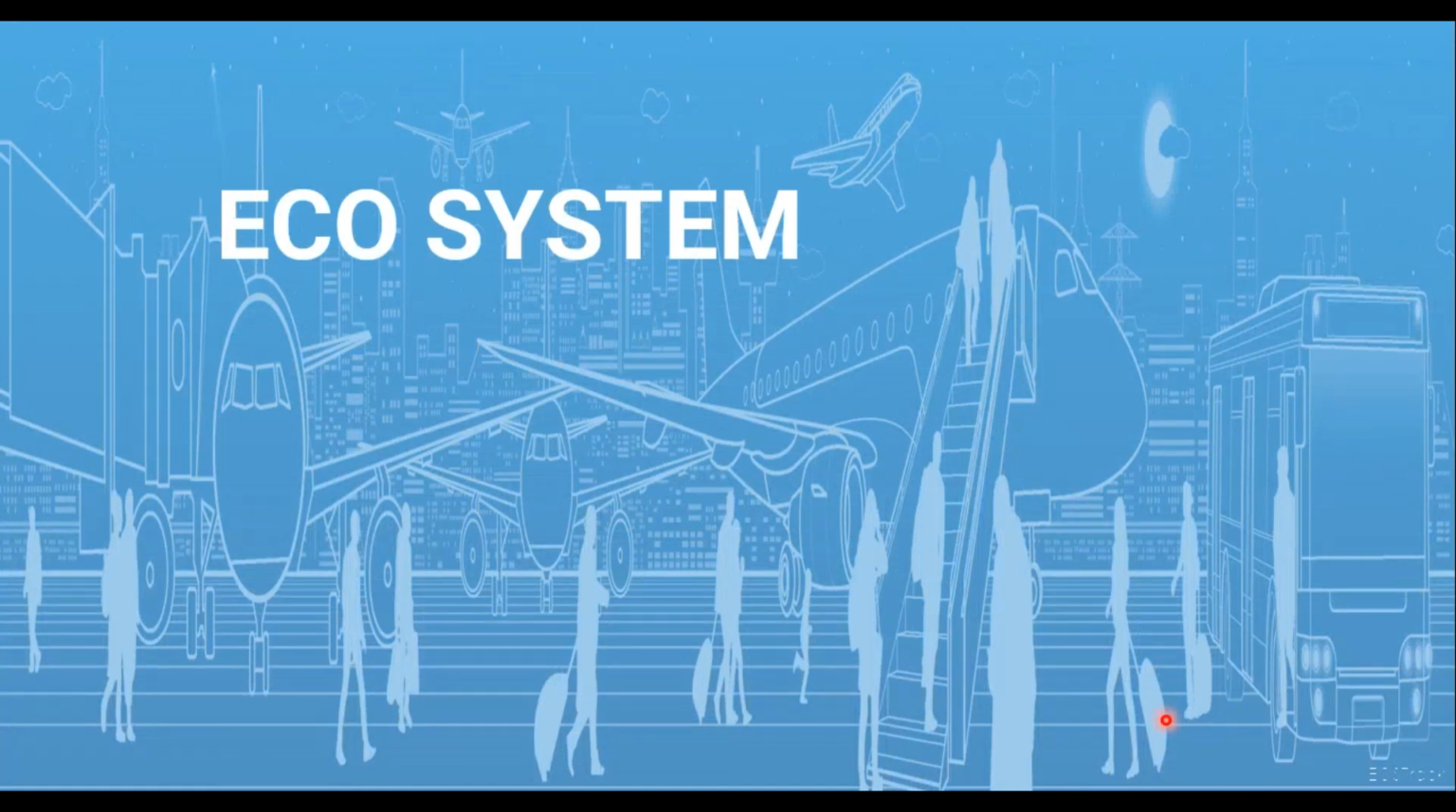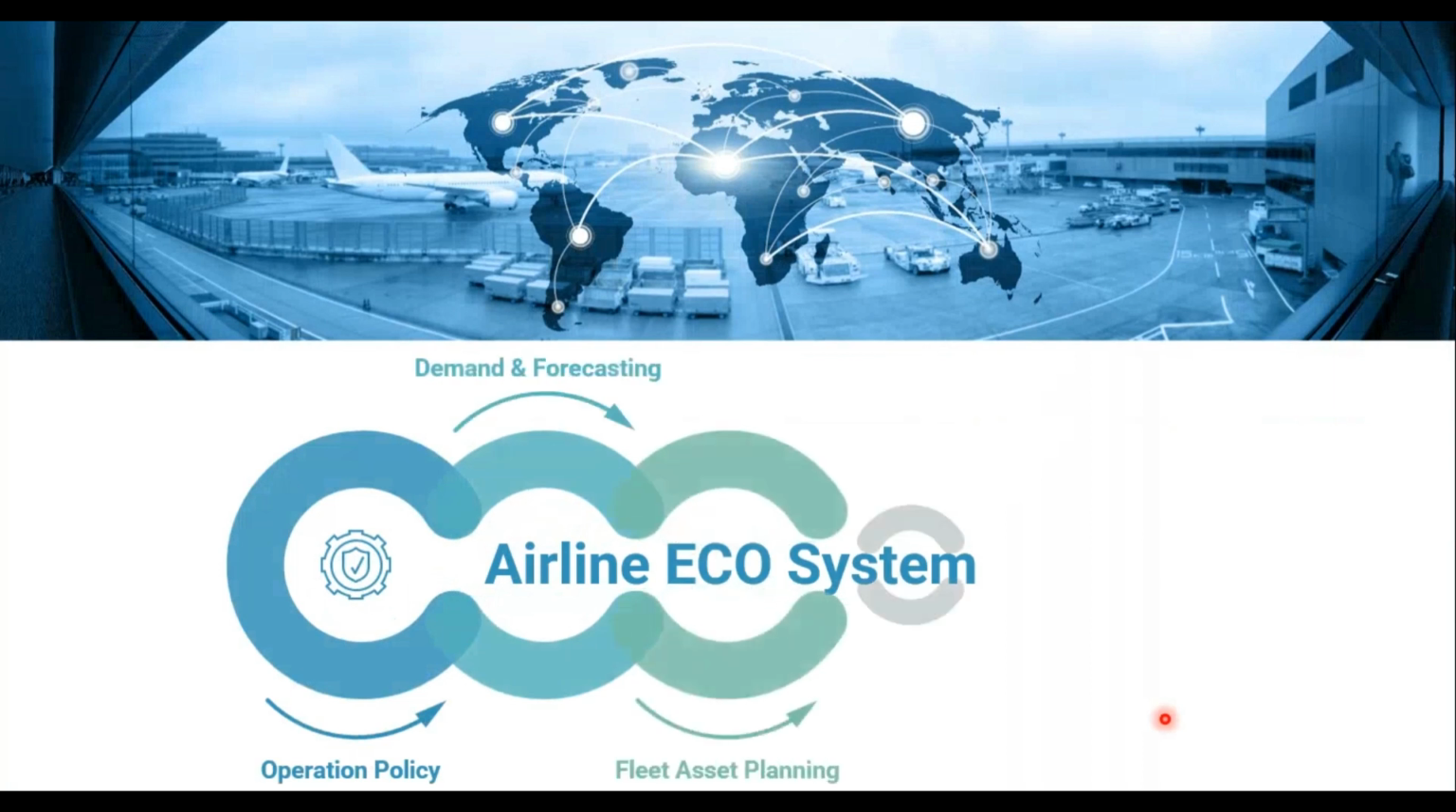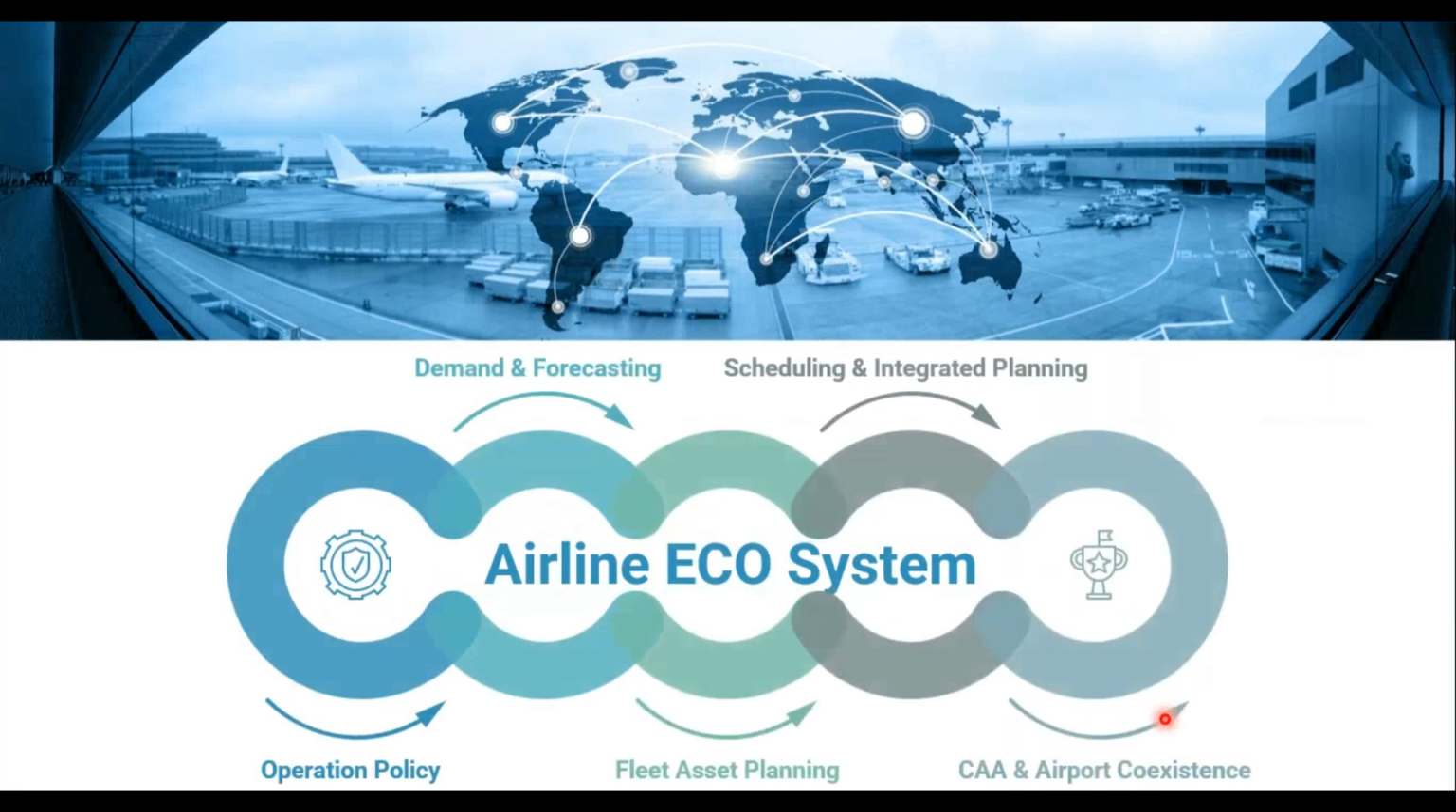Let's start with the ecosystem of an airline. The ecosystem of an airline consists of the operation policy. What is your strategic policy in the operation? Demand and forecasting, this is a part of the equation. The fleet asset planning, how you basically manage the requests and the requirements of the operations through your network planning and the revenue management and fleet asset planning. Eventually, we will go to scheduling and integrated planning, and we need to comply with the CAA and the airport